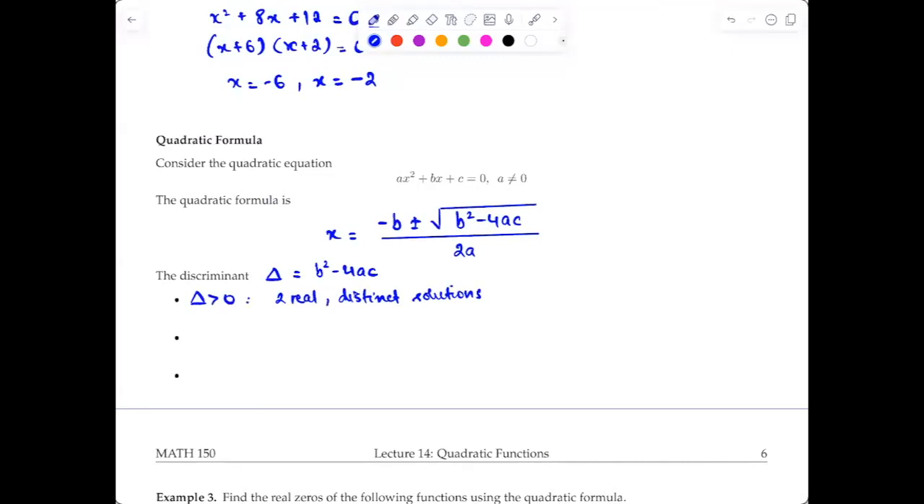When delta is equal to 0, you have one solution. And when delta is less than 0, there's no real solutions. We don't cover complex numbers in this course